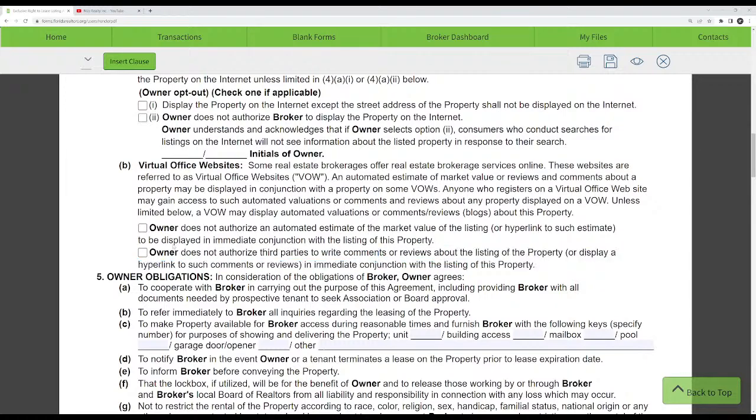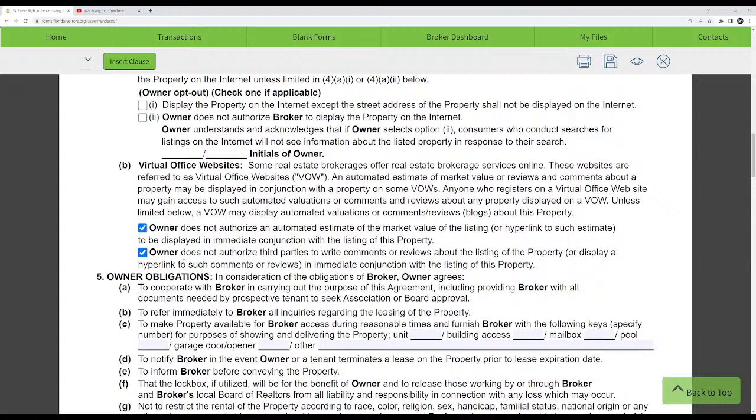So most of the time I just ignore this paragraph too. But this is one of the things where, in our brokerage, if the agent clicks these or the landlord or the seller requests these, whatever the case may be, as long as it reflects on the MLS that these are turned off, it's not a big deal. It's not like not displaying the property address on the internet or not putting the property on the internet. This thing down here really doesn't matter either way, in my opinion,